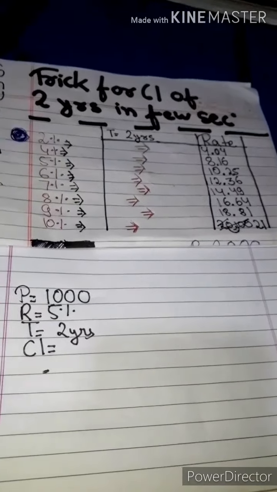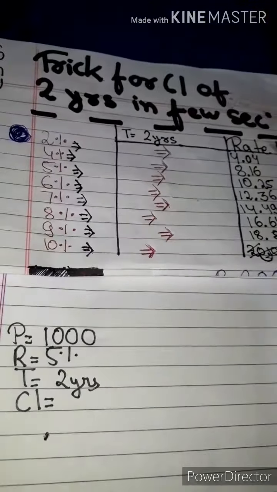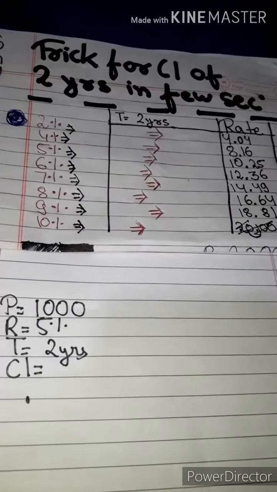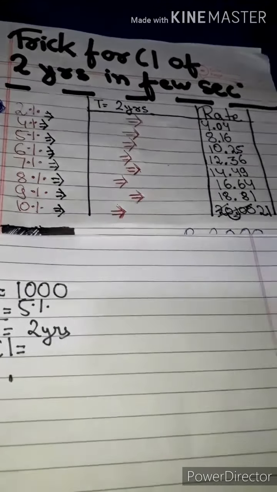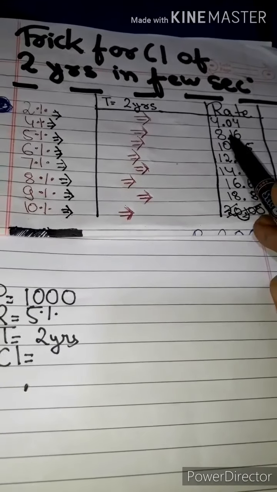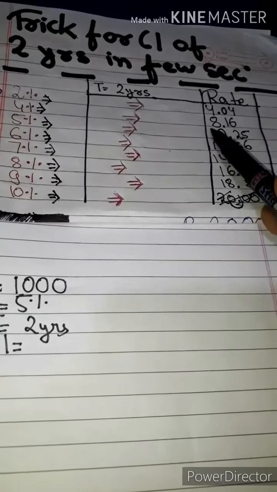But in CI, a very small change will occur, like a point change. For that, we first do 2 into 2 to get 4, put 4 there, and after it we put the decimal point and then the square of the percent. It's 2 squared, which is 4. But we have to remember that there must be 2 digits, so put 0 before it, making it 04.